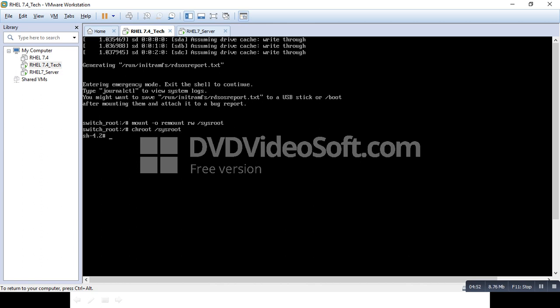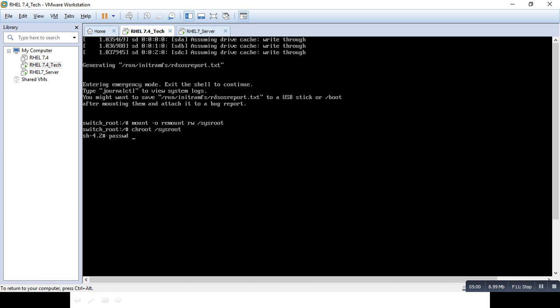Now you can see you have an sh shell and you can change the root password. passwd root. Now you can enter whatever root password you want to set.